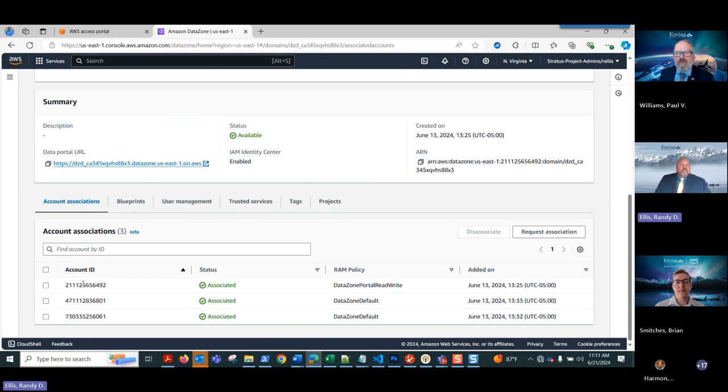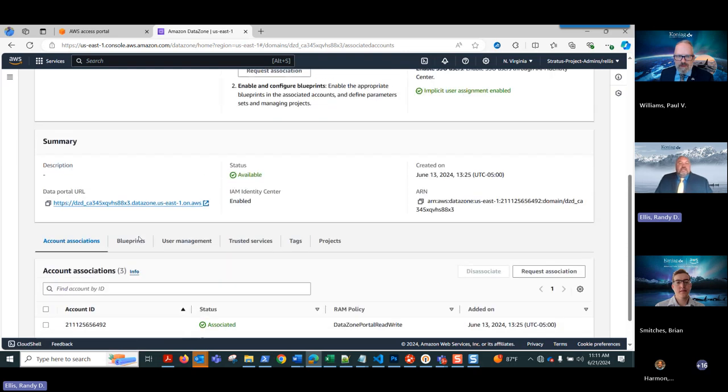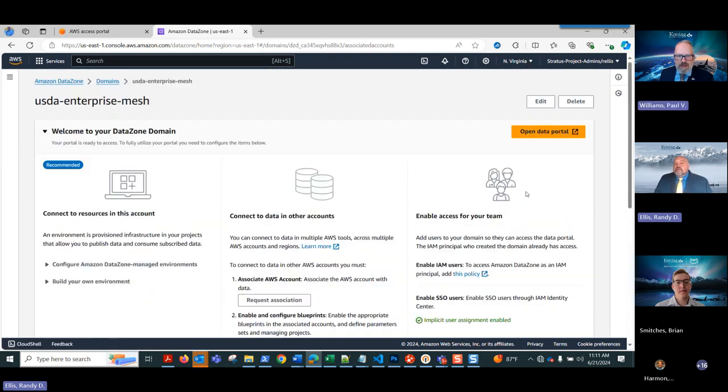2111 is RD, 7303 is FPAC, and 4711 is APHIS, though I'm not going to be working with APHIS in this demo because I just want to keep it fairly simple between the two groups. So that's the account association, how you associate and give other groups access to your data zone. So I will go right into